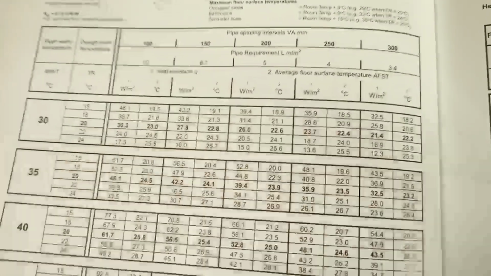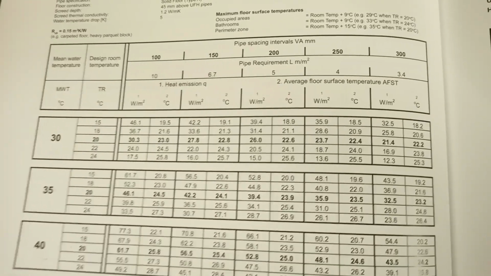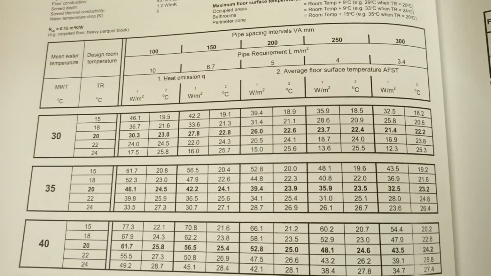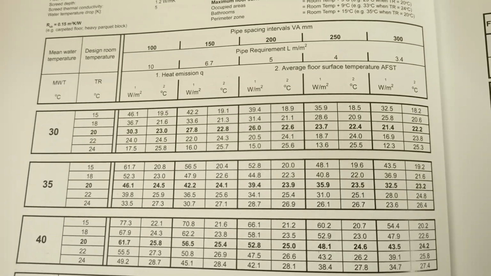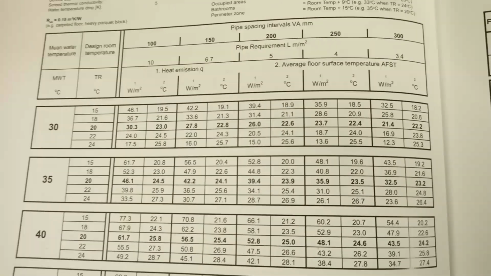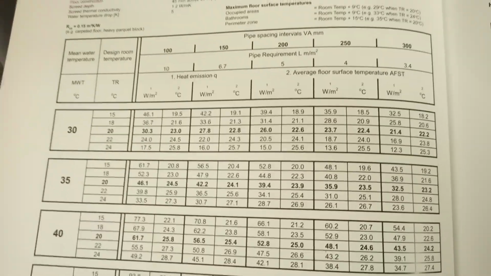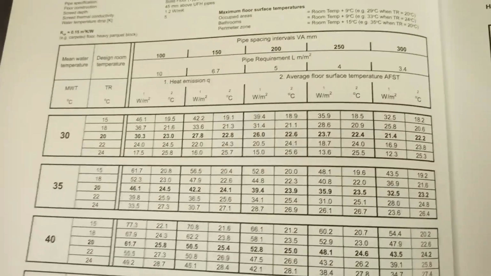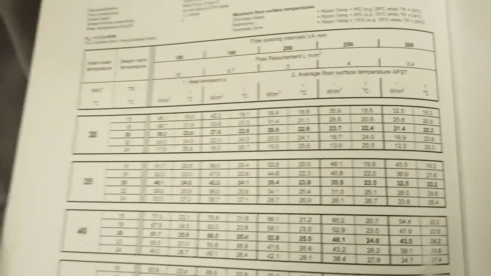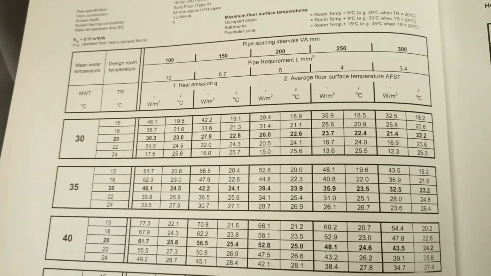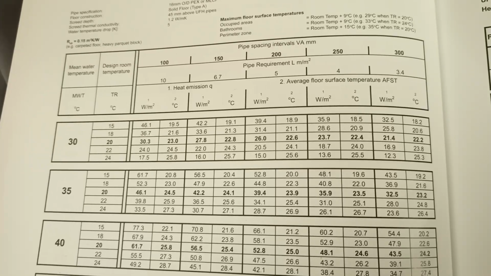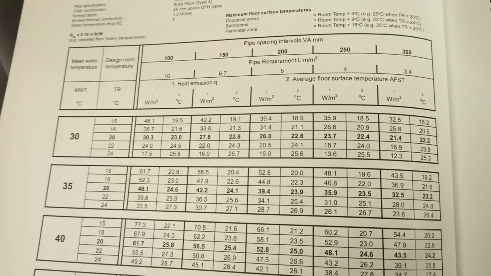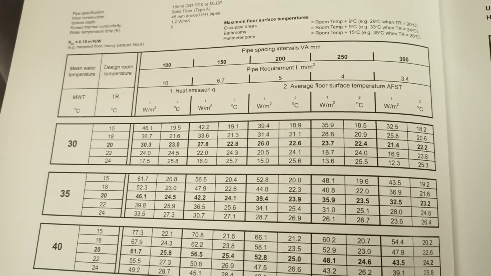So if the whole house is specified at 200, probably not the best design. 150 is easy to do. It's not going to cost you a lot more money to put the pipe in, and it's not going to mean you need that many extra loops on the manifold, but it is going to reduce the mean water temperature that you need, and it's going to give you an ongoing economy on your boiler. But to be fair, this is only if you're using good controls. If you're going to run your boiler with crazy controls like most of the manufacturers recommend, and I'm not criticising all manufacturers, just quite a few of them,